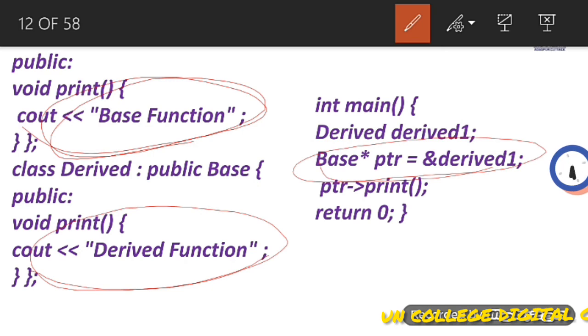The base class pointer can point to a base class object, and the base class pointer can point to a derived class object, no problem. But in case of virtual function, when a base class pointer is pointing to a derived class object, it will refer to all the methods or all the members of the derived class, which is not true here. I hope you have got a clear concept of using pointers in function overriding and runtime polymorphism, virtual function.